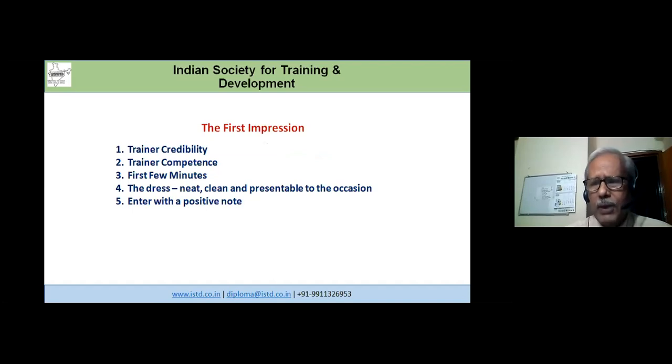Now, coming to the next point. Here comes the real show. The important thing for a trainer in any training process is to create the first impression. As you know, first impression is the last impression. Any first impression created by the trainer is going to live for long, and the trainer has to be careful about that. There's no question of having a lack of confidence or a worry in his mind. He should be very open and very free to do all these things, right?